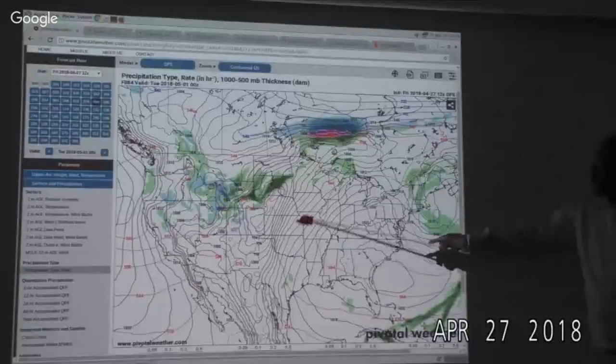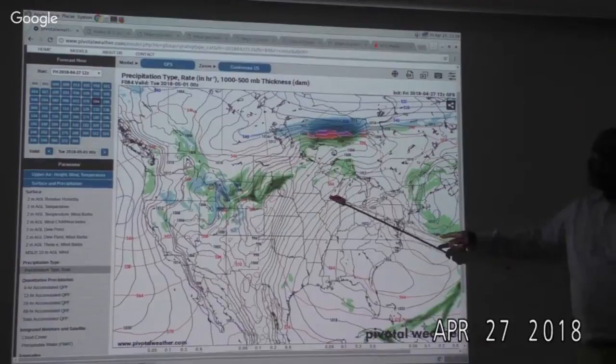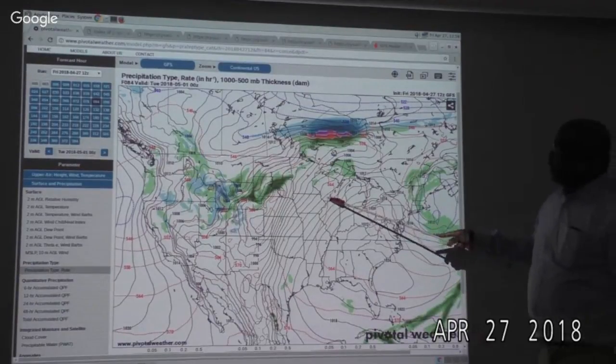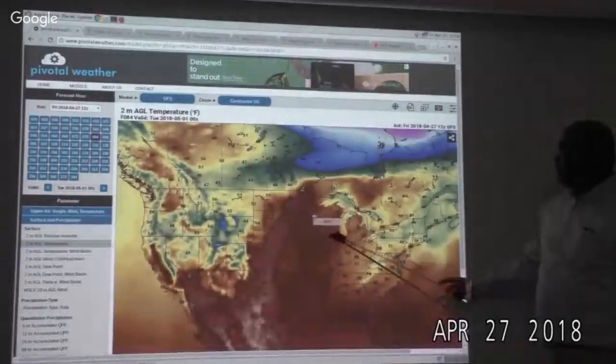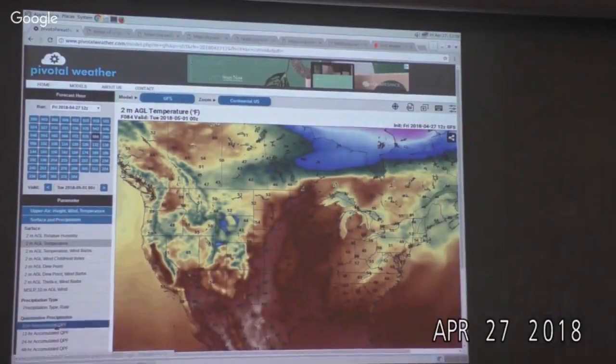So warm advection over us. So it looks like a nice day. Let's just take a quick peek to see what the forecast temperature for Monday afternoon is going to be. We have to go to 2-meter temperature. Yeah, this is just model output, but upper 60s, so not too bad, when we get into Monday afternoon.